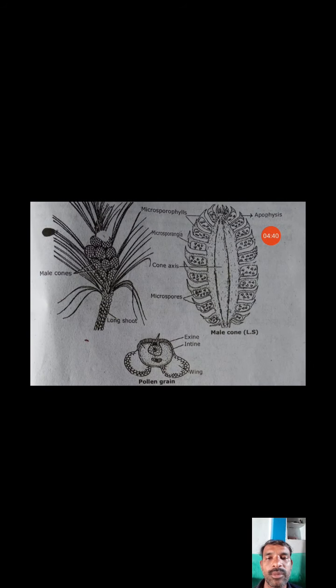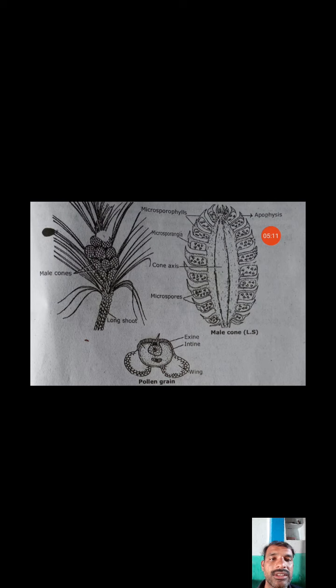Now I can explain the pollen grain structure. This is a very important structure which is not present in other gymnosperms, because the pollen grain has wings. The pollen grain is covered by two layers: the outer exine and, on the inner side, the intine. The pollen grain has a prominent nucleus and cytoplasm. The important character here is that the winged pollen grain is present in pine. This is very important for MSc.